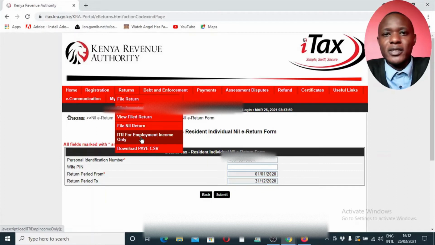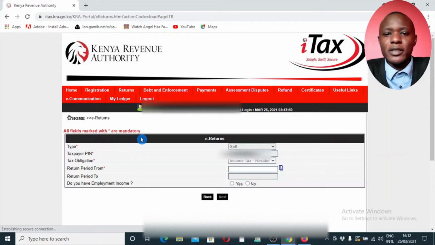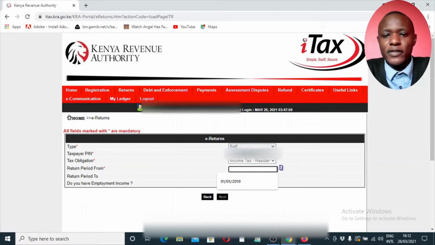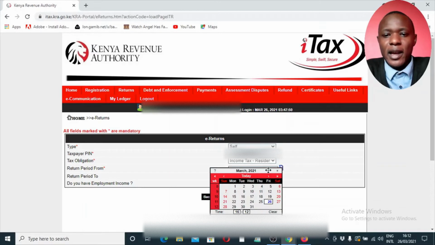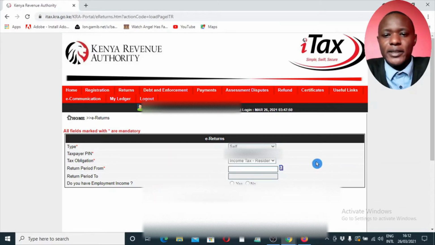You don't do business, and you did not have any rental income during the year, 1st January 2020 to December 31st 2020. In that case, if you had only employment income, select employment income there. Once you're there, you can see from here that it requires you to input the period only. Why? Because the rest of the details have already been filled. So you can either select the calendar there and pick the date that you want, or you can just type the date